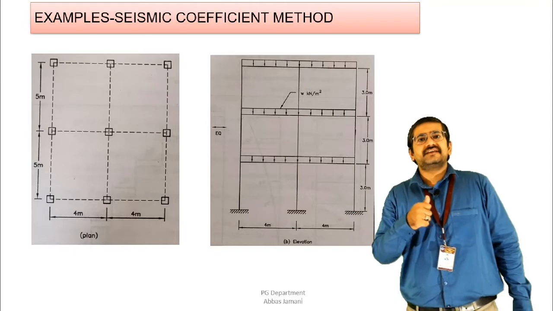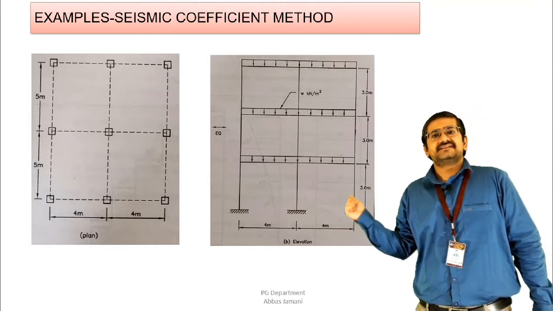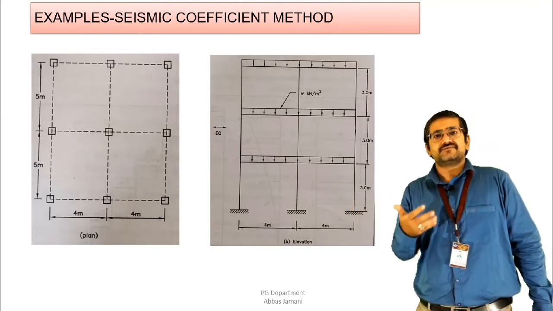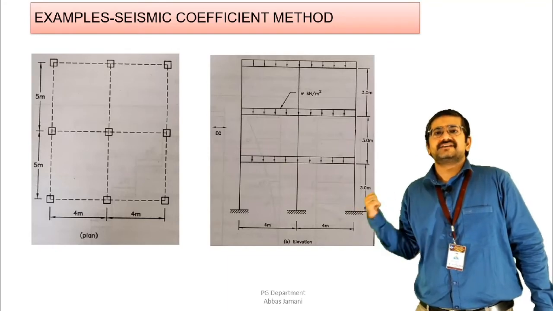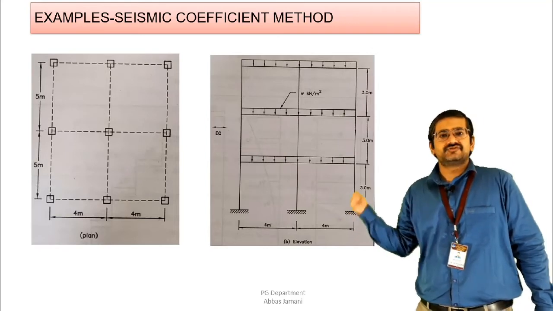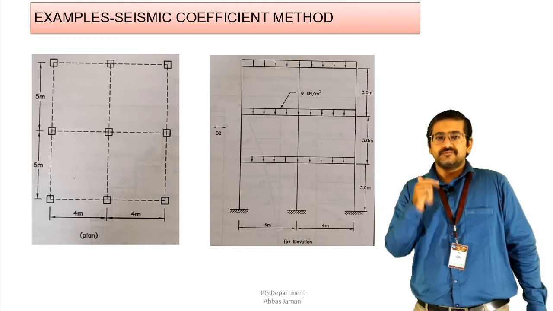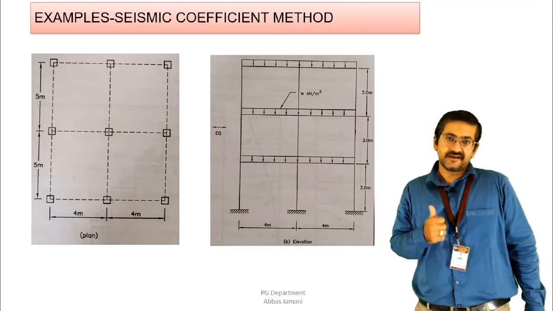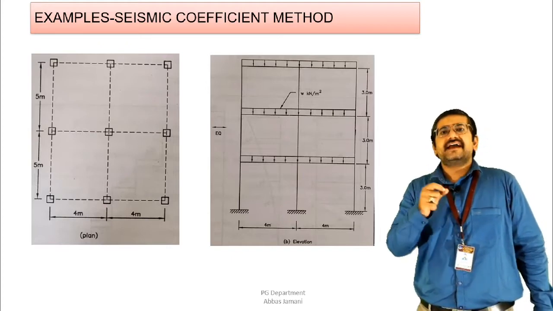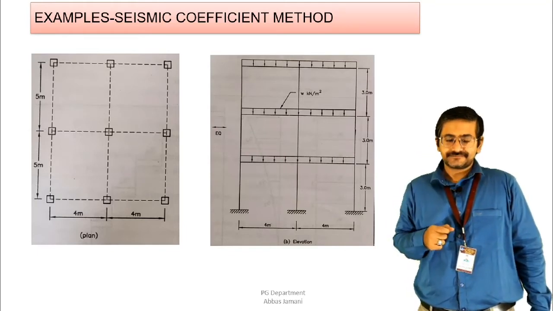However, if the geometry or the configuration of the building is such that in both the directions the plan dimension is the same, then in both the directions the earthquake force is going to be the same. And when the earthquake force is the same, if you do the calculation in any one direction, then it is going to be okay. However, here specifically the direction is shown, so we are going to do the calculation accordingly. If the direction is not shown, then you need to calculate in both the directions and apply the load accordingly, right? I hope this is clear to you, because it is important from the exam point of view and in real practice also, that you need to calculate the earthquake forces in both the directions, right?